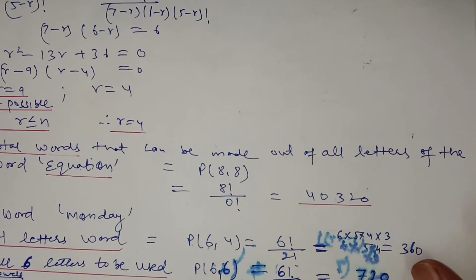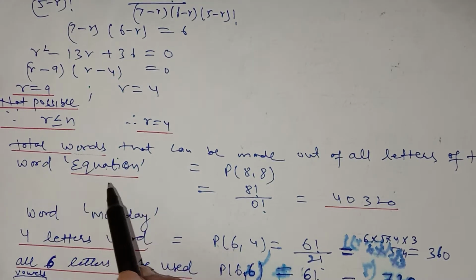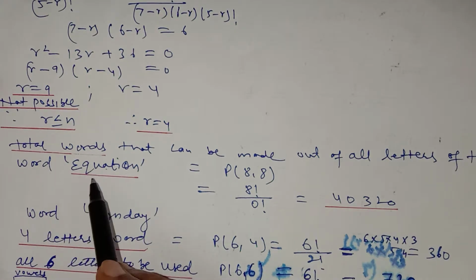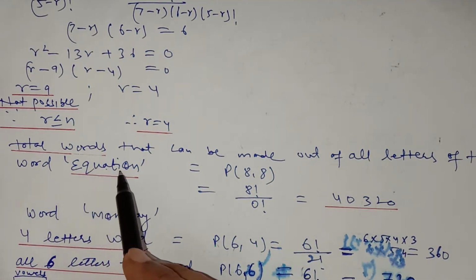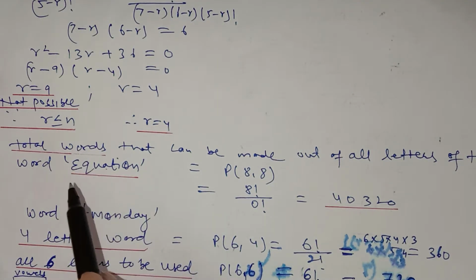all the letters of the word EQUATION. You have to use all the letters. It means repetition cannot be allowed when you have to use all the letters. So how many alphabets do we have? 1 2 3 4 5 6 7 8, and you have to arrange all at a time, so repetition cannot